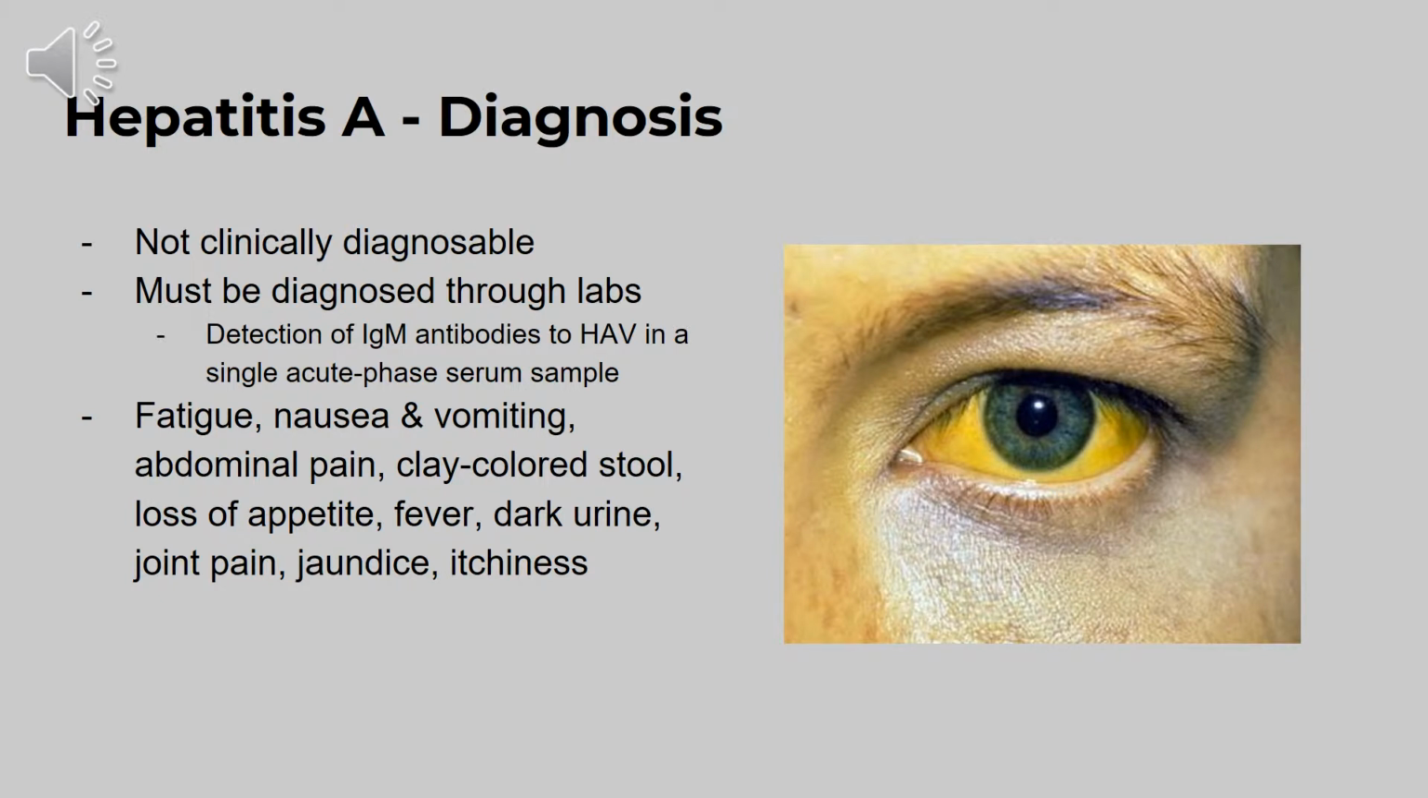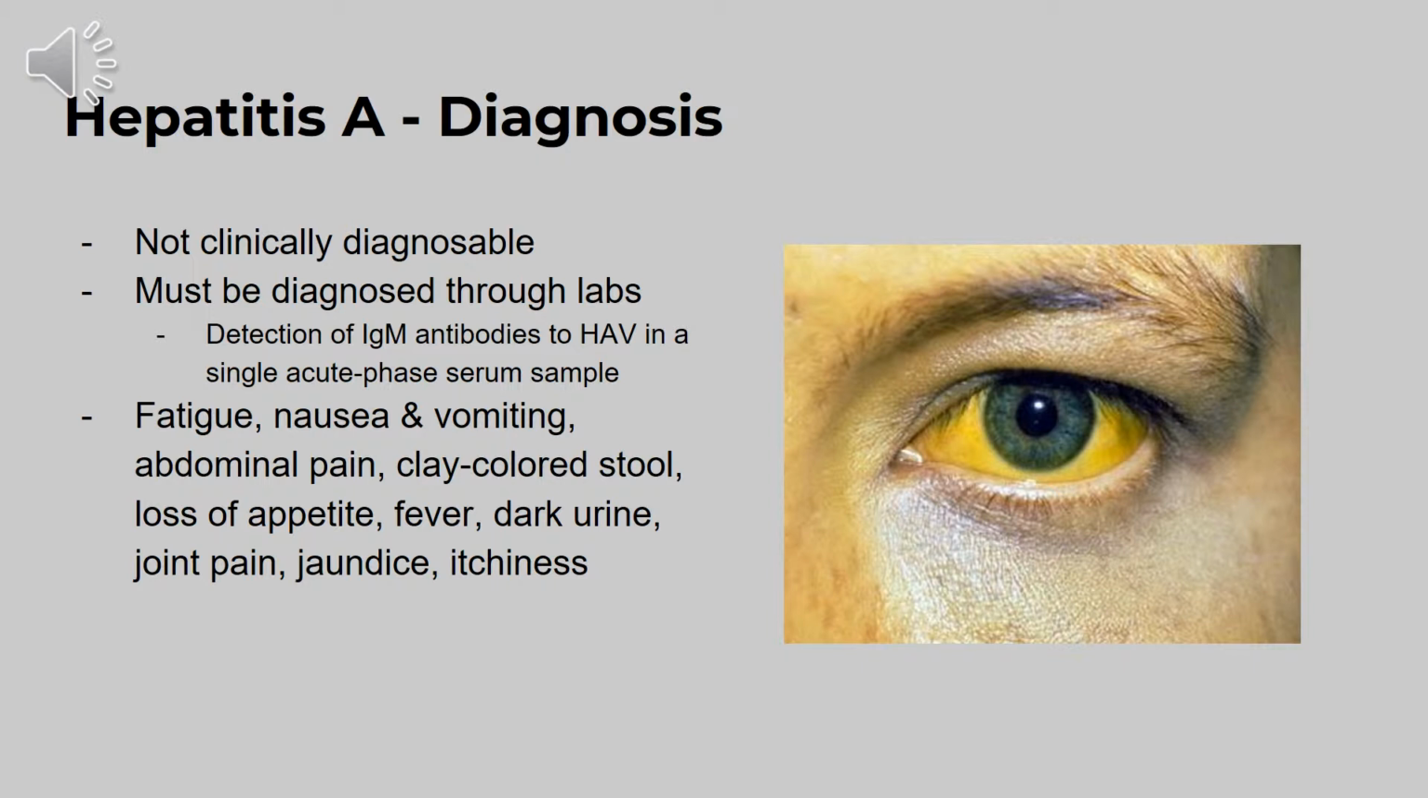Symptoms of hepatitis A include fatigue, nausea and vomiting, abdominal pain, clay-colored stool, loss of appetite, fever, dark urine, joint pain, jaundice, and itchiness. So jaundice is a good indicator that there is something going on with the liver, and it displays